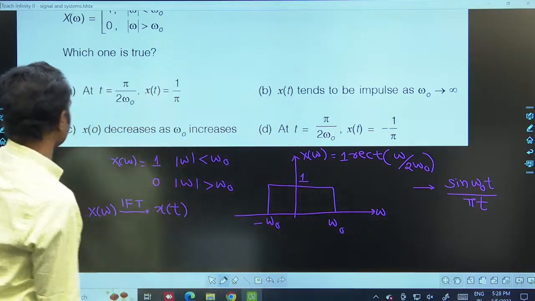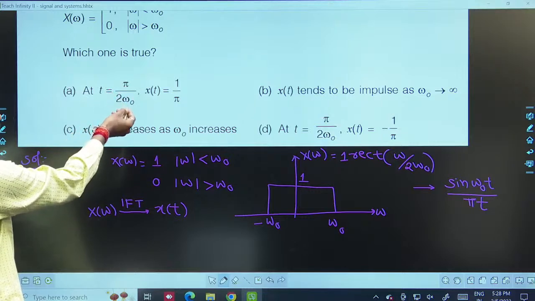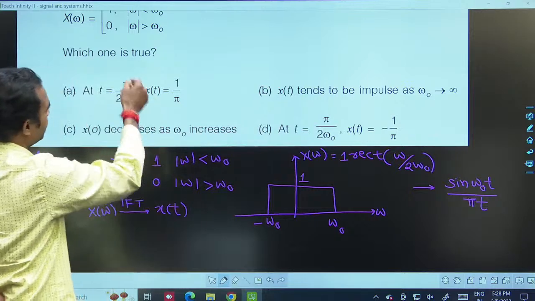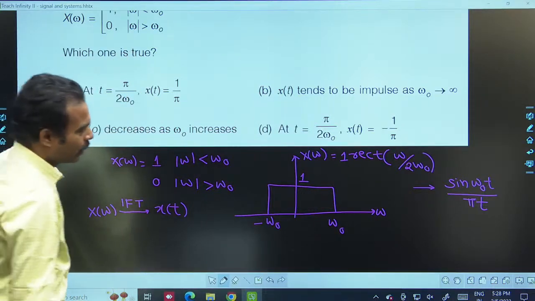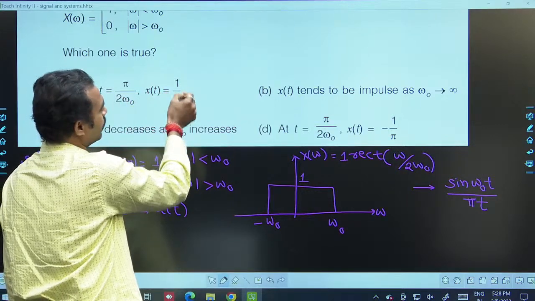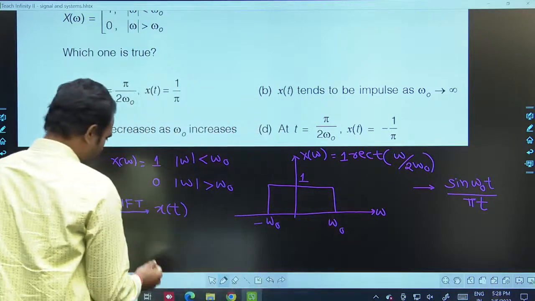Now just see the first option. At t equal to pi by 2 omega naught, x of t is equal to 1 by pi. He was asking which of the four options is the true option. So now we need to substitute t equal to pi by 2 omega naught into x of t and check whether it equals 1 by pi. So if you write the x of t,